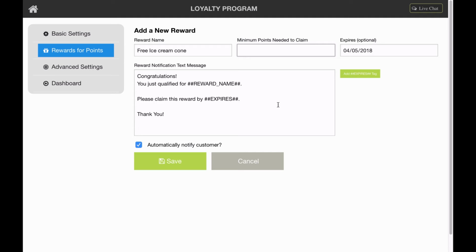So remember on the previous screen, I said for every $1 spent, they get 1 point. So let's make this 50 points. So they have to spend $50 in our store in order to qualify for that reward. And then you can also add an expiration date. This is optional. If you decide you don't want that in there, just click on the X and that will remove the expiration